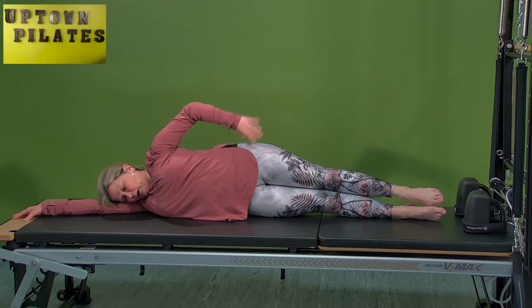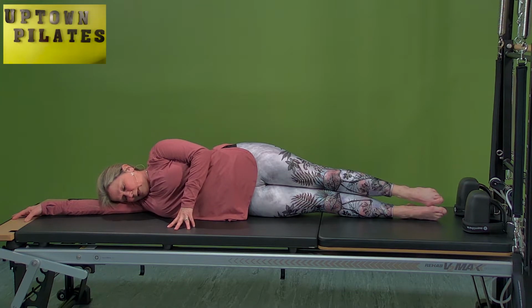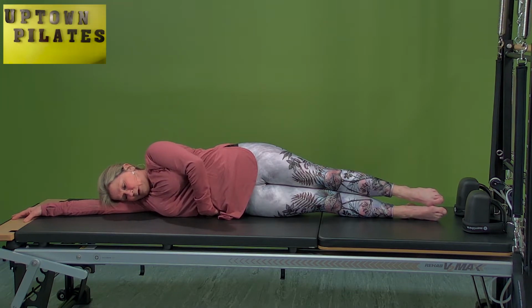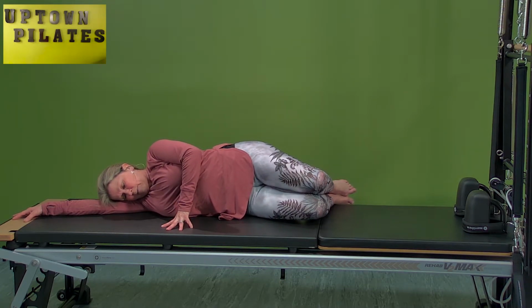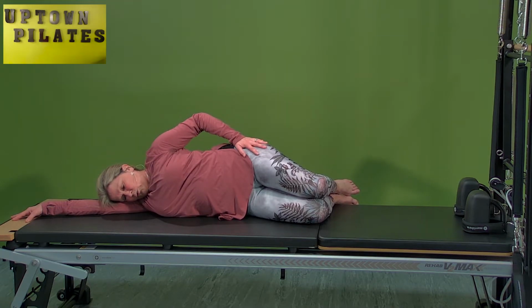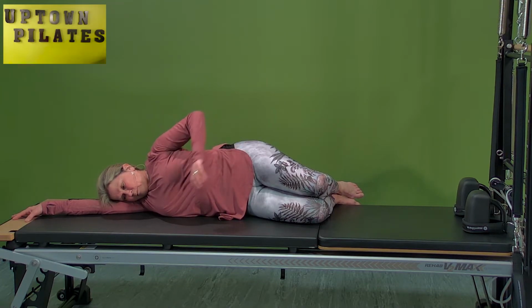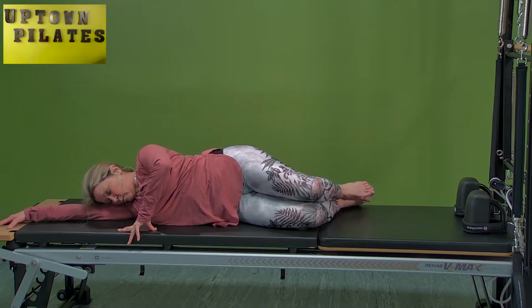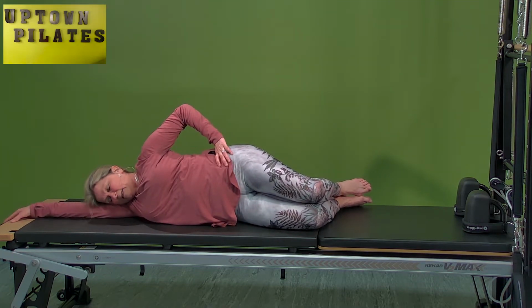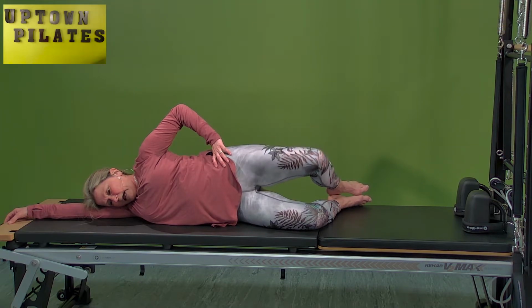So your top leg hopefully is as long as your bottom, providing your legs are the same length. And you feel like you've got a little bit of space between your waist and the floor. Keep the spine long, bend your knees, bring your heels towards your booty. Put your hand on your hip. You want your hip to stay still. I need to scoot forward. Okay, we want the hip to stay still, and we just are going to rotate that top leg open and